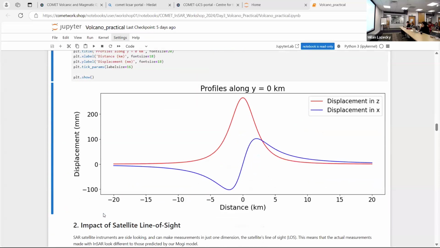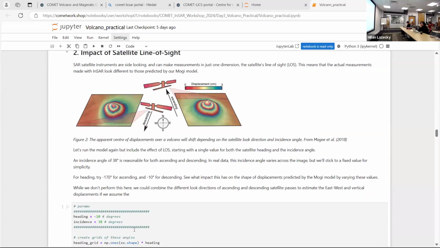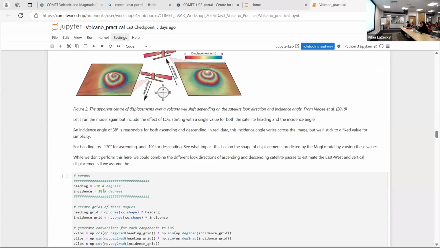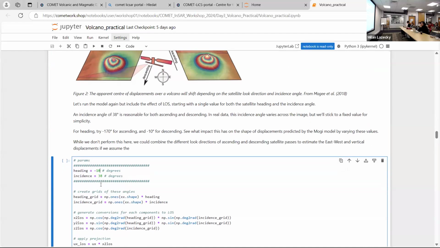So, quick recap, I'm sure you've done it lots over the last few days. Satellites can be in ascending or descending, but in this imaginary world that we're in, we can change our heading to whatever we want it to be. So in this first section, what I'd like you to do is have a play around with different headings and incidence angles and see, as our satellite is going in a different direction around the Earth, how that will impact our line of sight. Our heading is relative to north, which direction we're going, and our incidence angle is what angle we hit the ground at, okay?